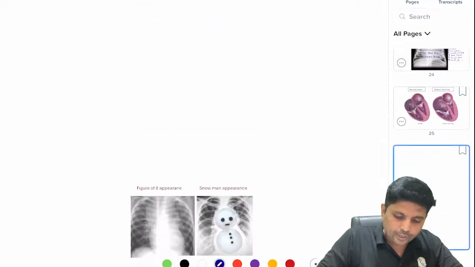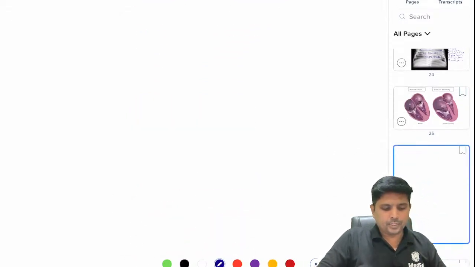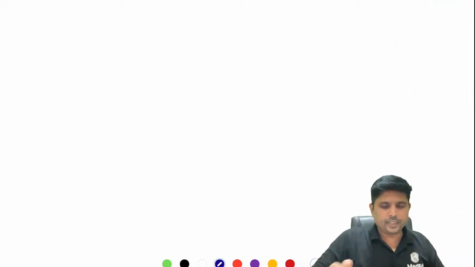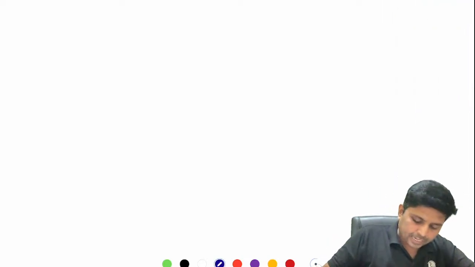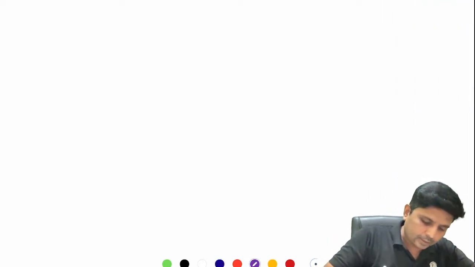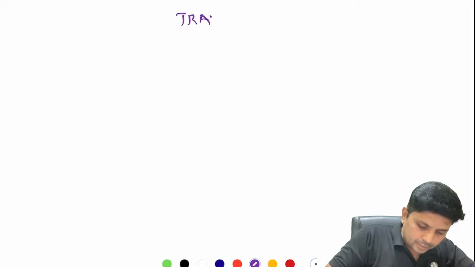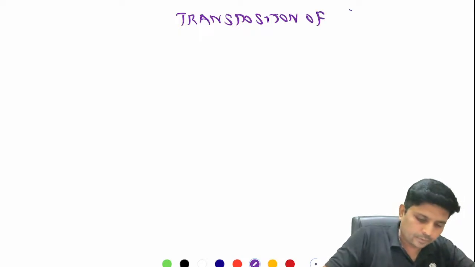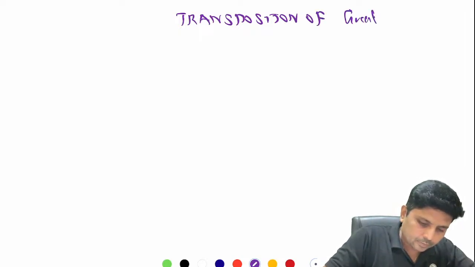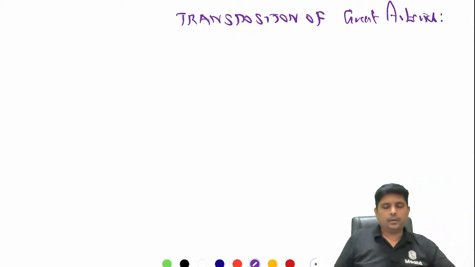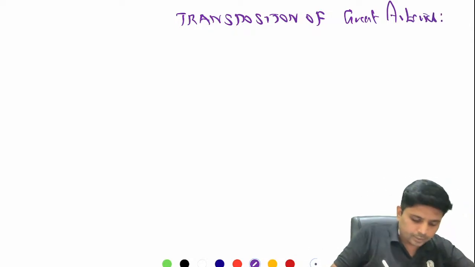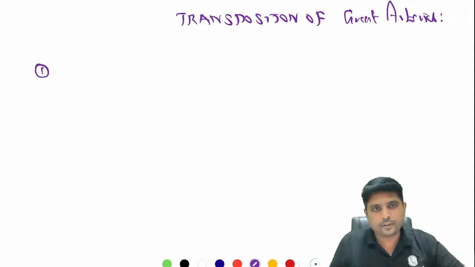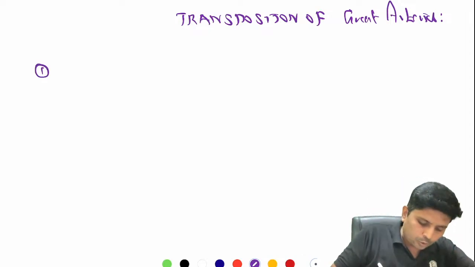Now we have what is called TGA. TGA means transposition of great artery. So what are all the things you need to know about transposition of great artery? Simple. So normally